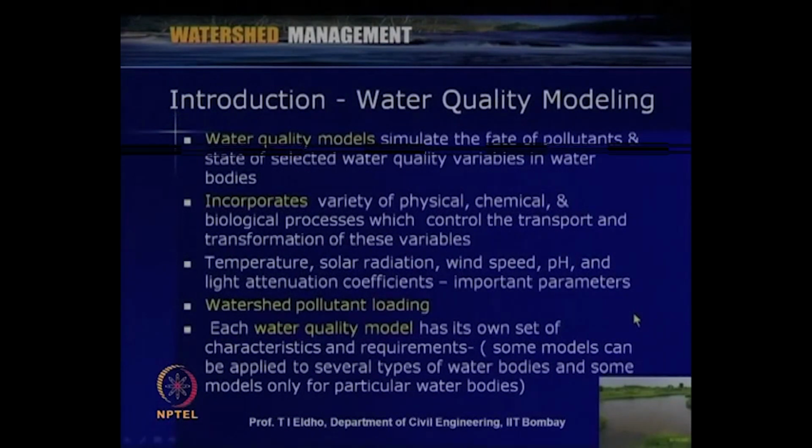As we were discussing earlier, water quality is a major issue when we deal with water resources in a watershed. It is not only the quantity of water which we have to get for the various purposes, but also the quality for various purposes like drinking water, domestic usage, irrigation or industrial use. Certain standards have to be met, like World Health Organization standards, Indian standards or British standards.